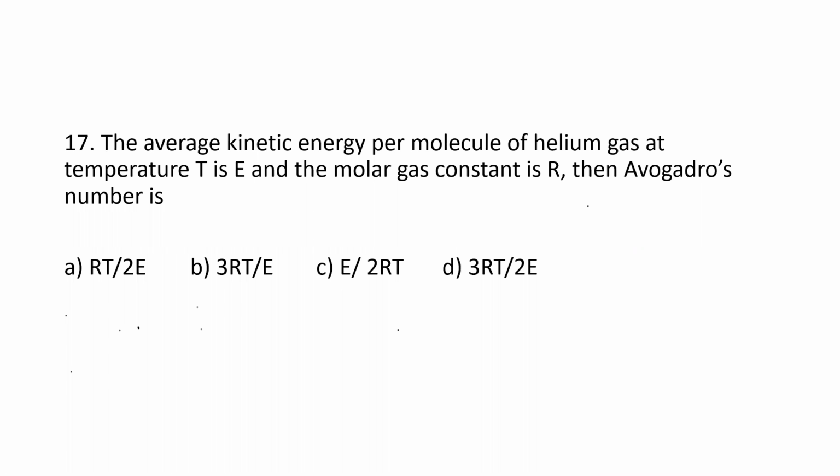The average kinetic energy per molecule of helium gas at temperature T is E, and the molar gas constant is R. Then Avogadro's number is. So the Avogadro's number is what we need to calculate here. So it is given by,